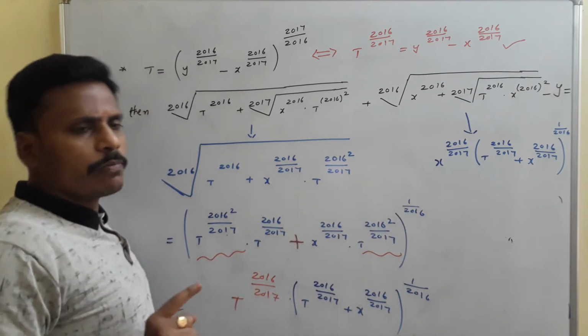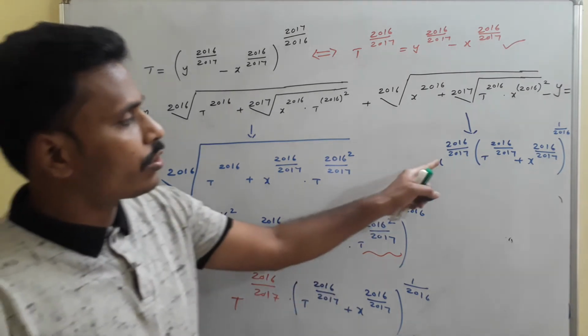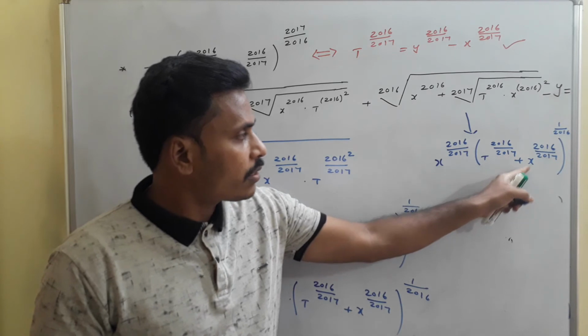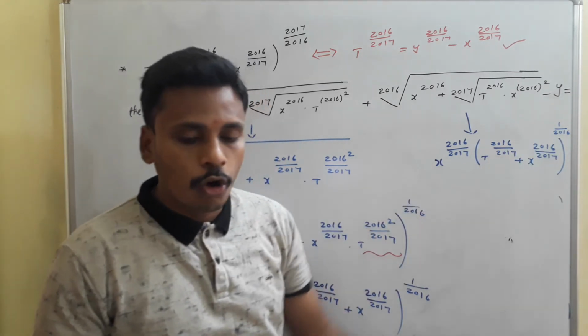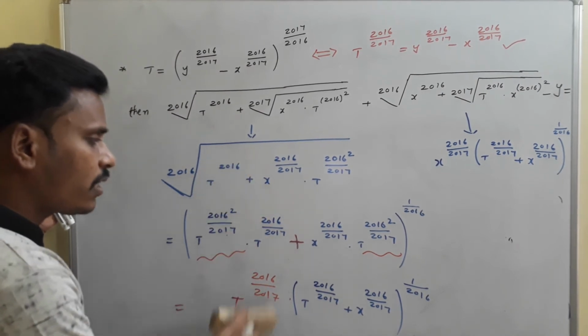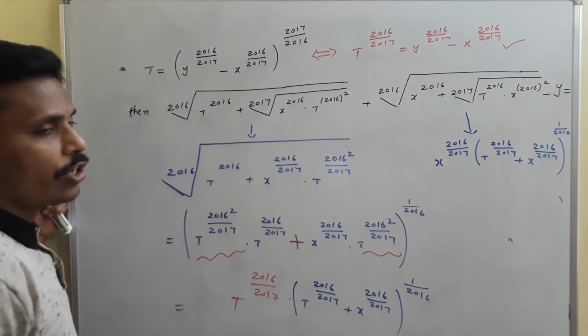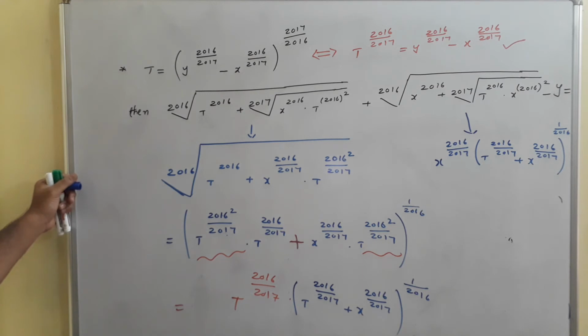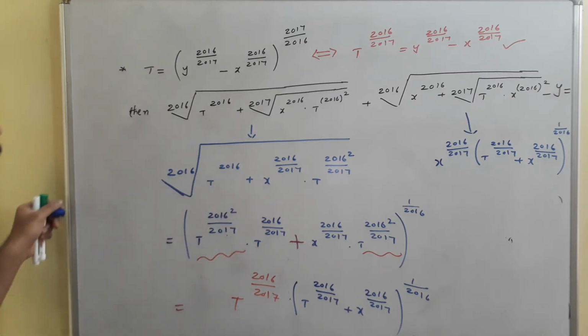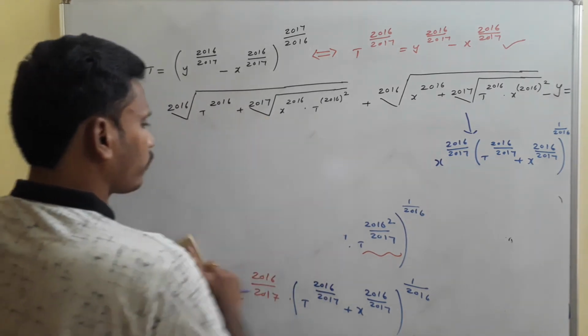In the same way, if you simplify that, you will get x power 2016 by 2017 plus t power 2016 by 2017 plus 2016 by 2017 whole power 1 by 2016. And now we need to solve the problem. I am erasing this for the space. You just have a screenshot for this, and then I will go to solve. I will try to complete the problem. Okay. Complete logic is this: writing 2016 as sum of these two. Okay. I am erasing this.